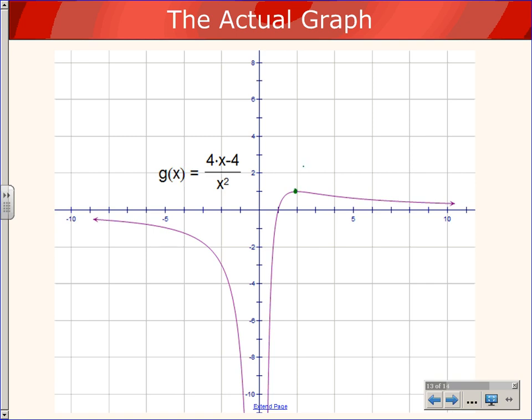That was our point right there. That was 2, -1. That was our point right there. That was the 3, 8/9. We've got our asymptotes correct. What's kind of interesting, which we can't predict as well using our method, just notice the distance there between the asymptote. Well, difficult for us to notice easily. Not something that I'm going to concern myself about, but interesting as you look at the graph, right? The function on the right of the asymptote tends to get a little bit closer to the asymptote faster than the one on the left. Anyway,